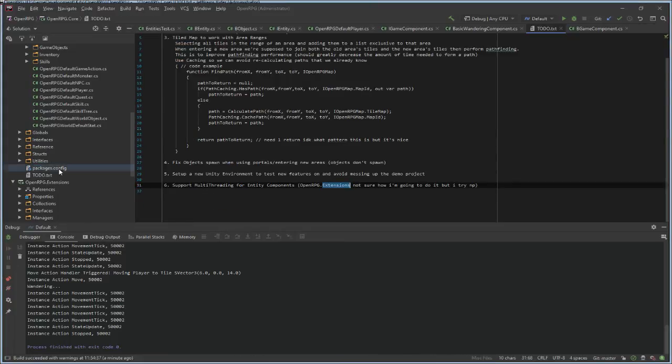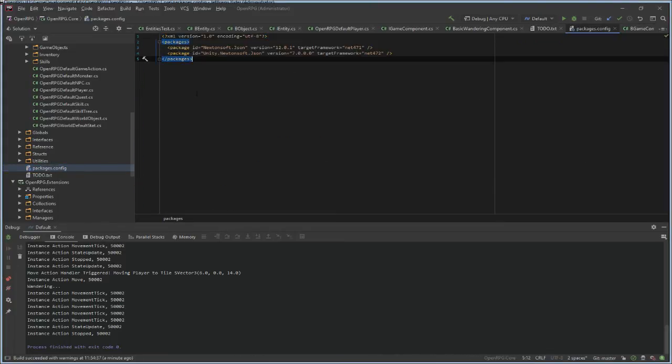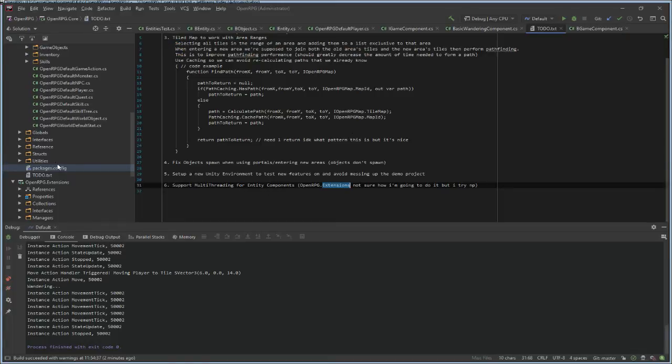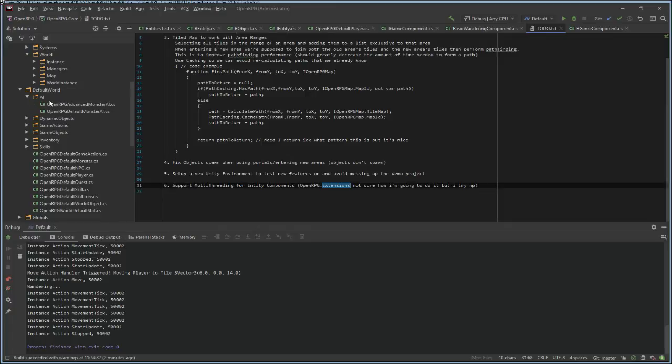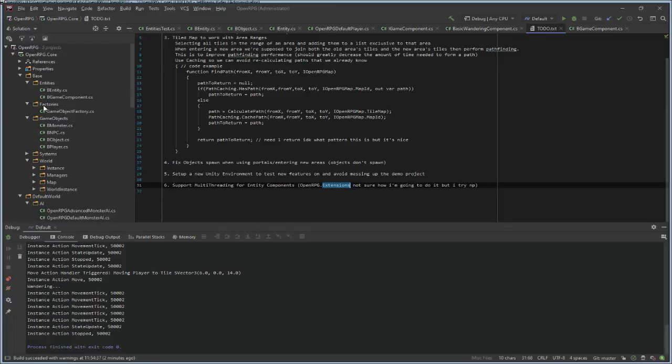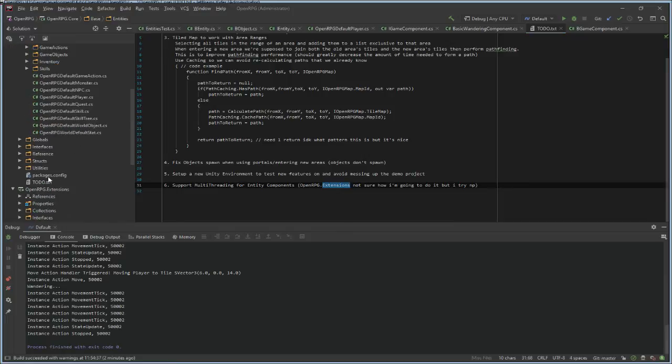I don't want it. Packages configuration. Yeah, I use Unity's Newtonsoft.json for reflection reasons. Unity IL to C++ has some issues with the reflections, so I just have to use the Unity version of Newtonsoft.